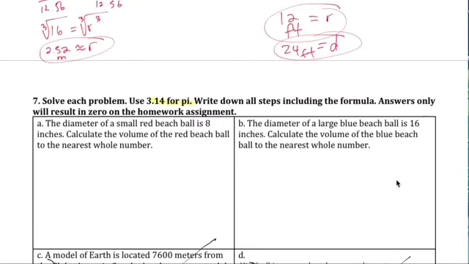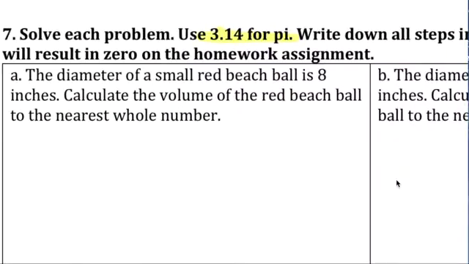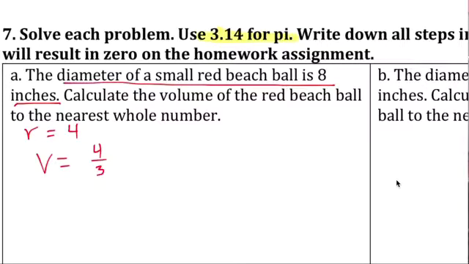Solve using pi as 3.14, and write down all the steps including the formula, answer only. So write down all the steps. We're just finding the volume. The diameter of a small red beach ball is 8 inches, so the radius is 4. Calculate the volume. The volume of a ball is 4/3 pi r cubed, and you need to write down the formula. So volume equals 4 times 3.14 times the radius, 4, cubed, which is